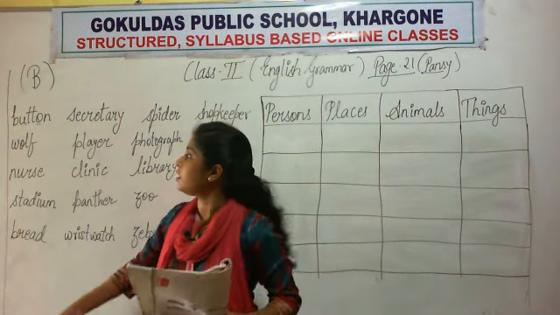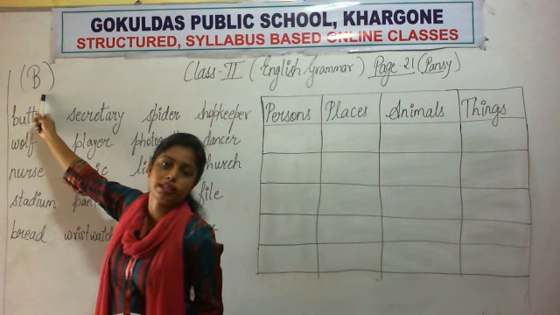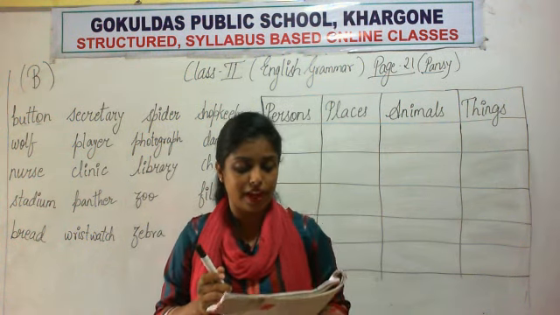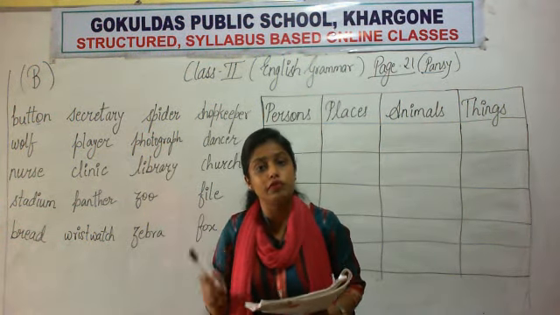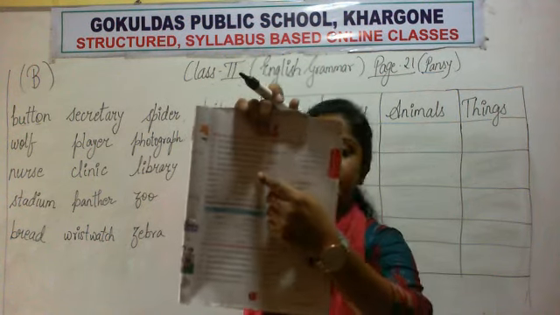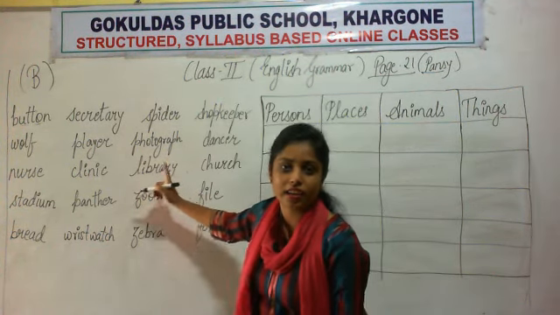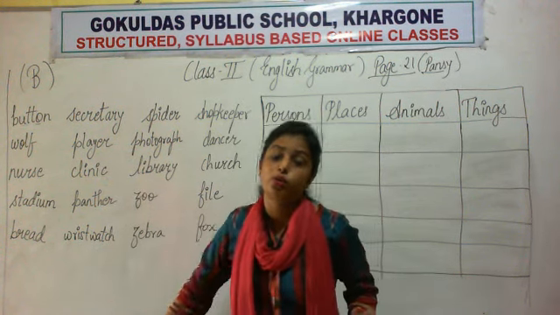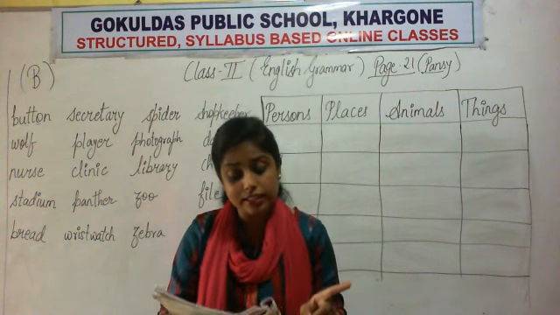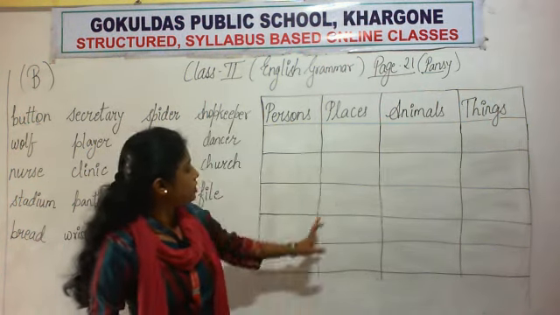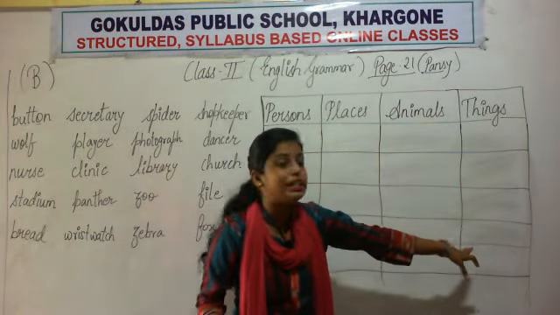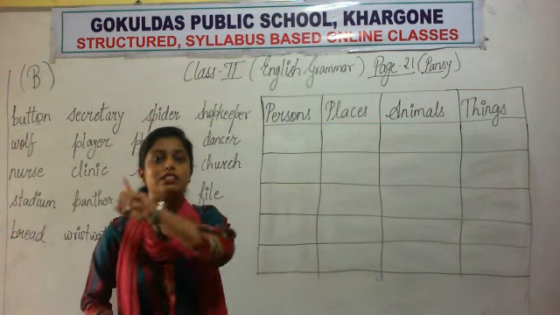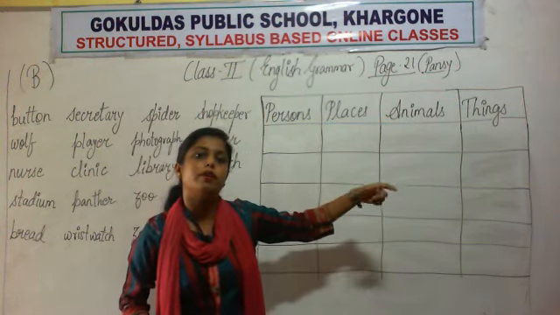So in question number B, we are going to solve the question number B. What you have to do is, I am reading it for you. Here is a list of nouns. Where is the list of nouns? Here in your book and here on my board. All these are nouns given to you. Now you have to arrange them in correct columns. There are columns given to you. आपको ये noun जो है जिस भी कैटेगरी में belong करता है आपको इस noun को एक particular उसकी कैटेगरी वाले कॉलम में लिखना है.